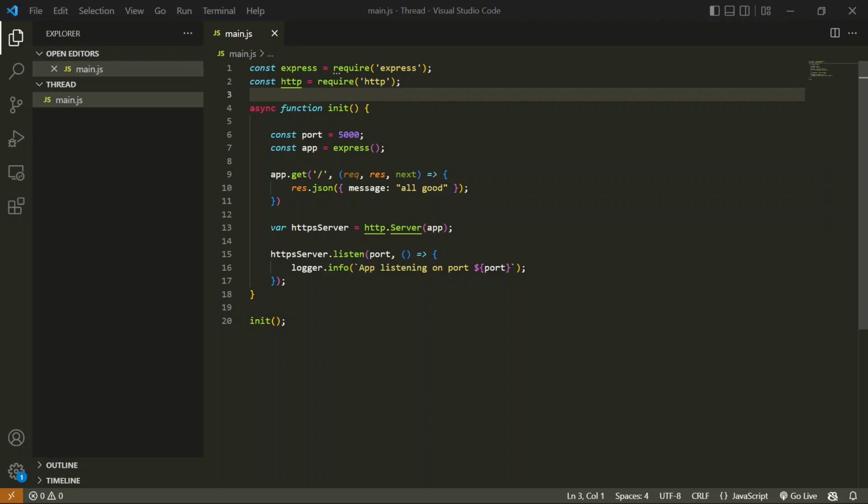and in this GET API we are going to pass a number, and with that number we are going to do some CPU-intensive work. I will move that work to a worker thread, so that it will help you understand how exactly you create a worker thread and use it in your main application.